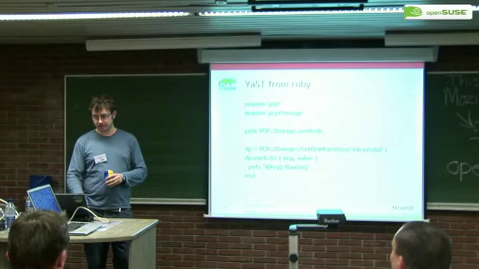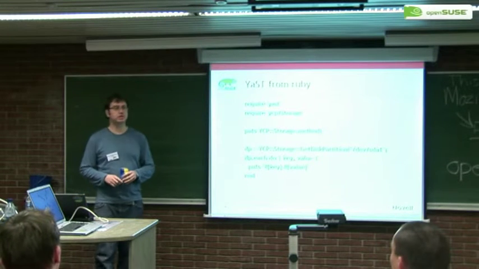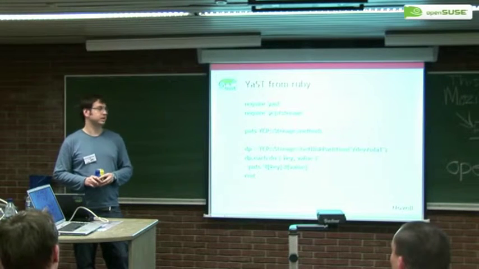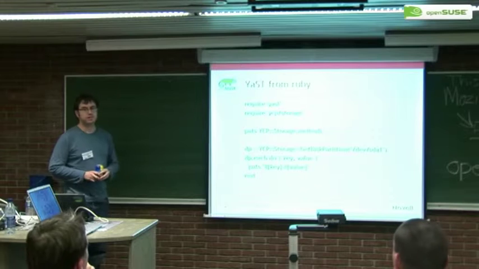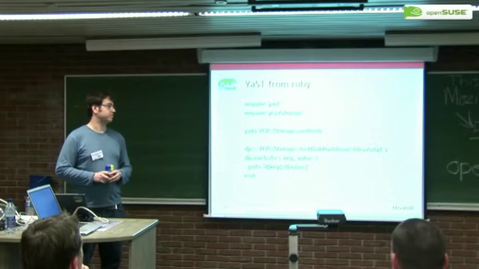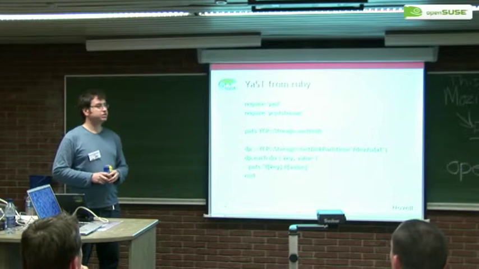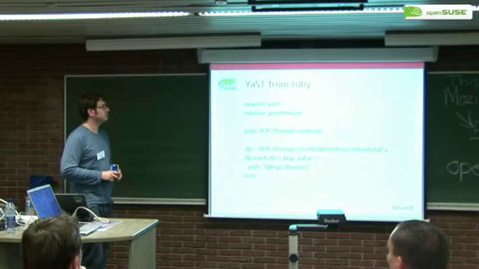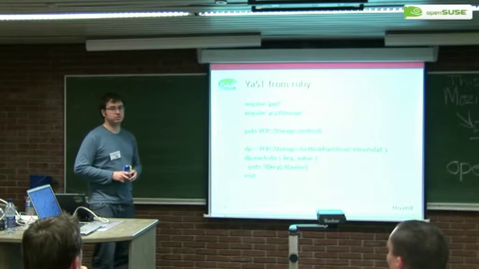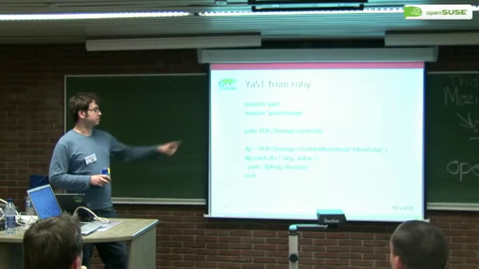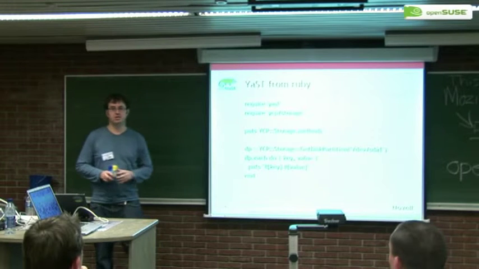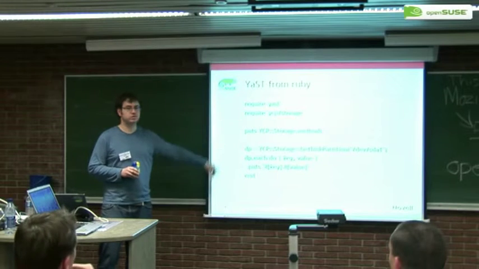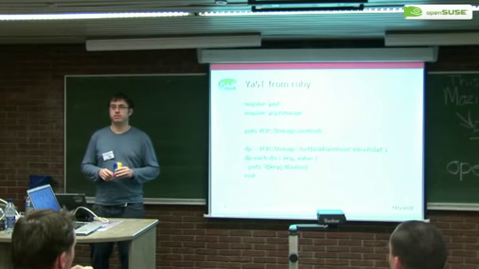Now we are trying to provide more. Since 10.3 we provided an alpha module to use Ruby for YAST, so you can use any YAST component from a Ruby script. This is still in beta stage. It can't do everything, but you can at least include any YCP module which provides an API. It provides introspection, so you can see what kind of functionality a module provides, and then you can just use those modules, and you can even use the UI from Ruby.